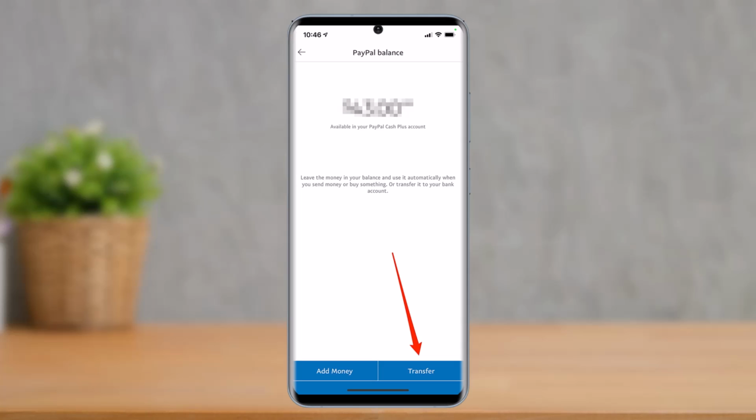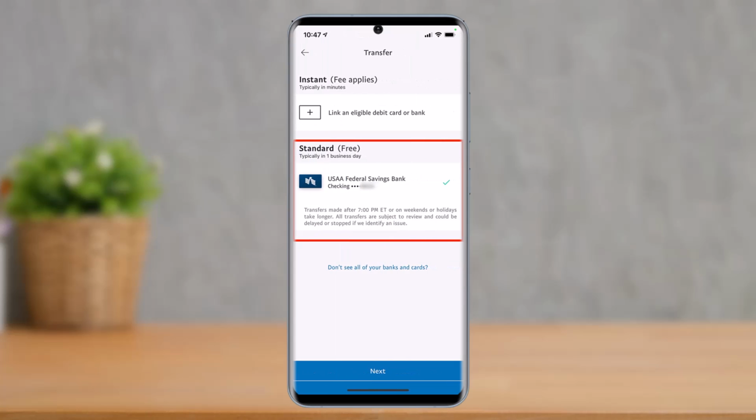So just go ahead and then tap on the option called transfer and then select transfer money. Once you choose the option called transfer money, basically you have to select a bank account to which you want to actually send to. For example, you might have multiple bank accounts added. Just select the account on which you want to transfer money to and then just tap on the next button